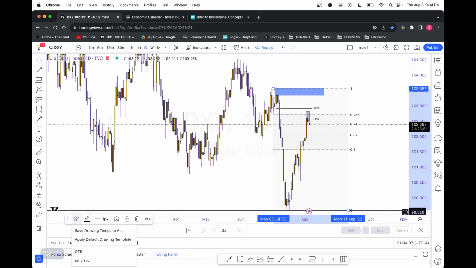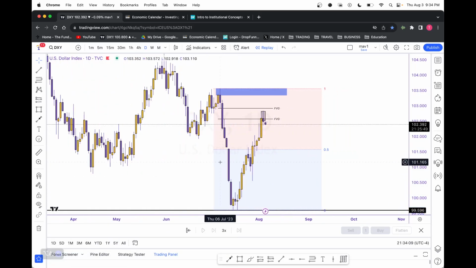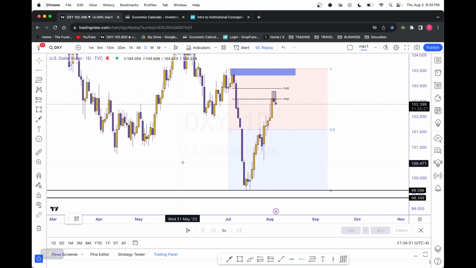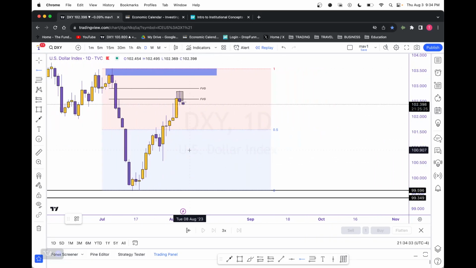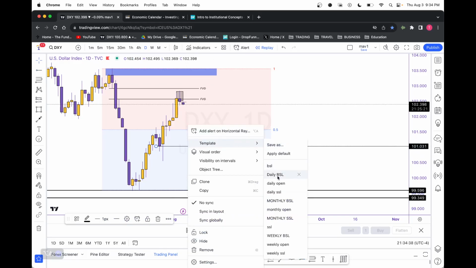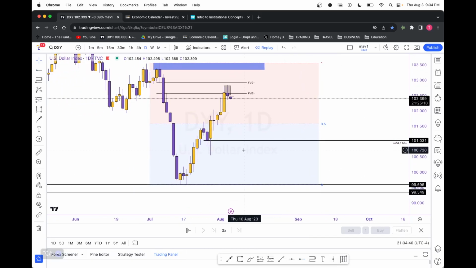Now, again, going back over to our PD arrays, I would be paying attention to us trading down into a discount level, all right? And there's a couple areas for me to pay attention to, such as the low of last week, which stands out, right? We have the low of last week here. But again, like I told you guys about rejection blocks, order flow has been bullish over this past couple of weeks. Overall, yes, we're bearish, but just for the sake of it being a Friday and I don't even need to kill myself that much, I'm just going to put a daily sell side liquidity right here and pay attention to